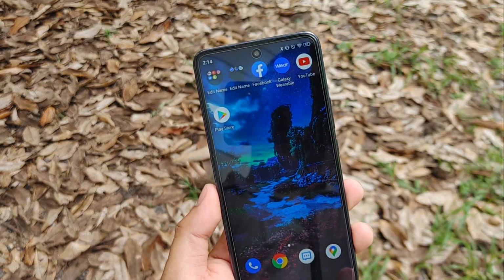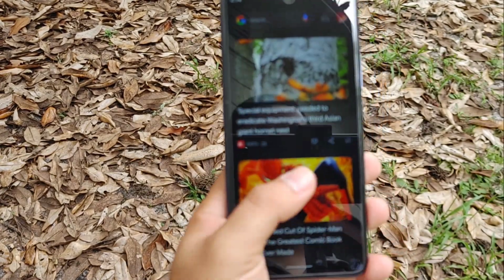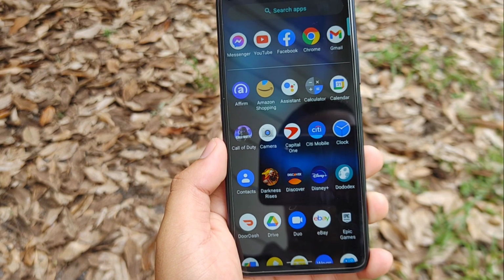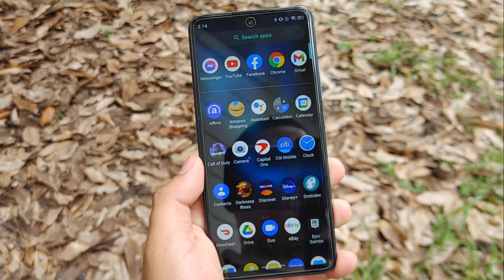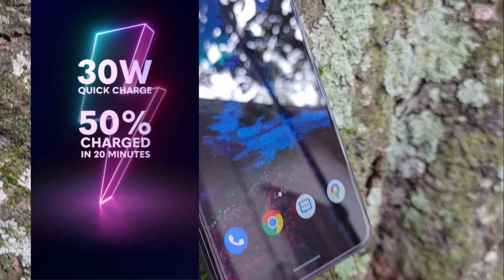For example, if you have your brightness all the way up, like you should because you paid for the phone, that's what's going to happen. If you're playing Call of Duty and Dark Rises, it's going to happen. It's really unfortunate. Now, Blu does state that with this 30-watt charger that comes in the box, it charges